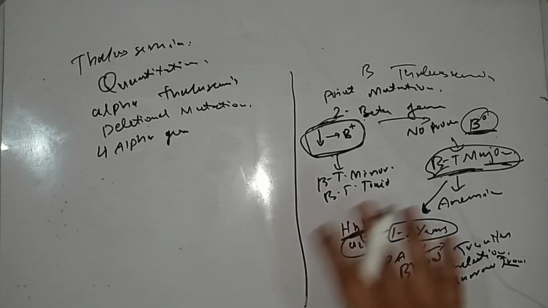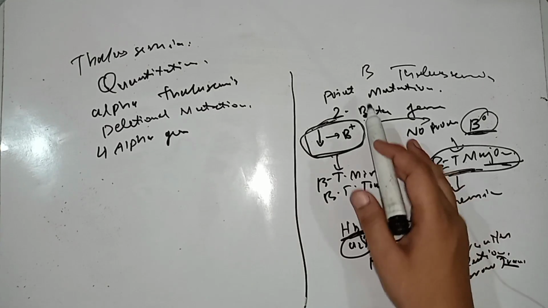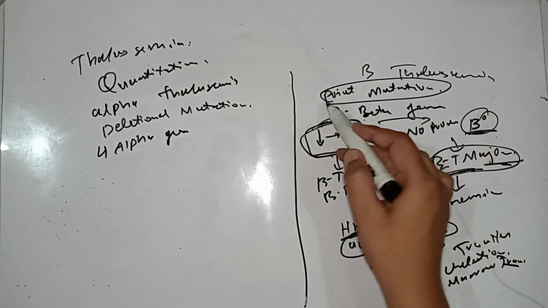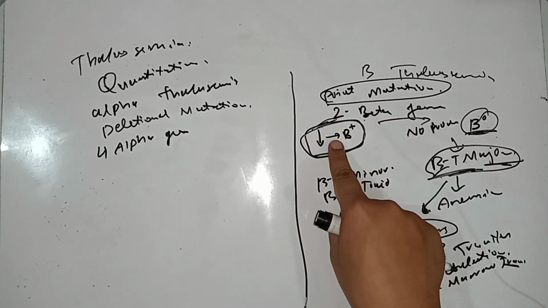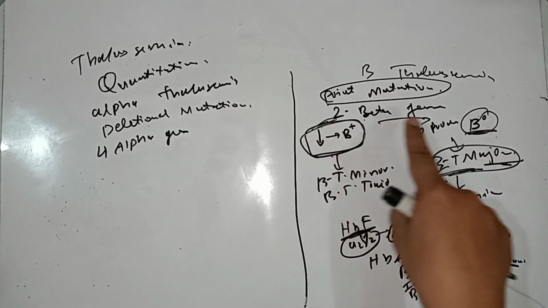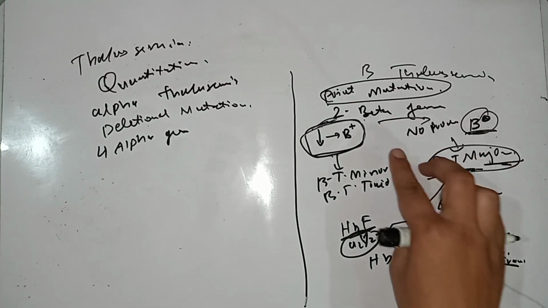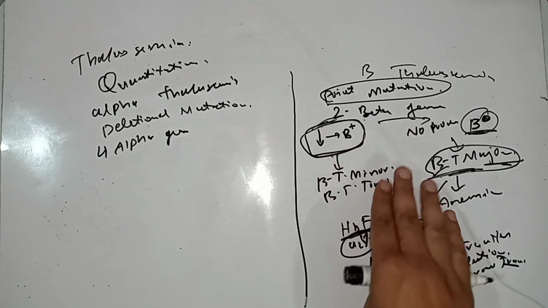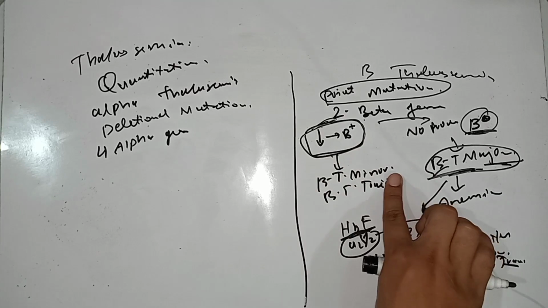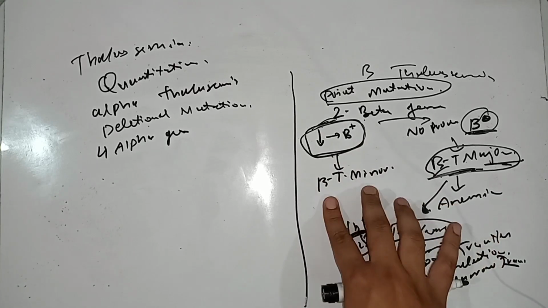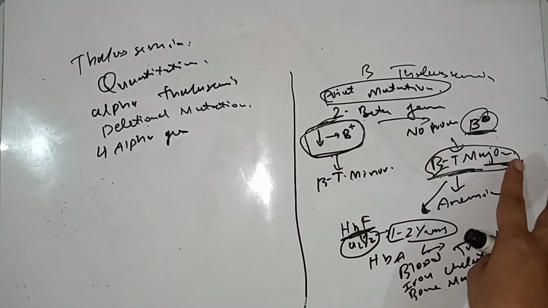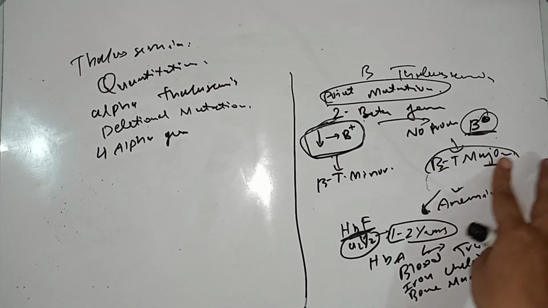So that was about beta thalassemia, in which the primary defect is a point mutation in the beta globin chain, due to which either beta chain production is decreased substantially, shown by B positive, or there is no production, shown by B naught. If one gene is defective, then one gene continues to work, so the condition is beta thalassemia minor. It is a mild condition. However, if both genes are defective, then the condition is called beta thalassemia major, in which there is no production of